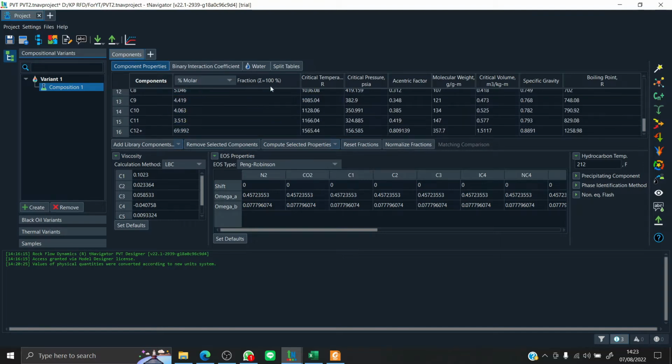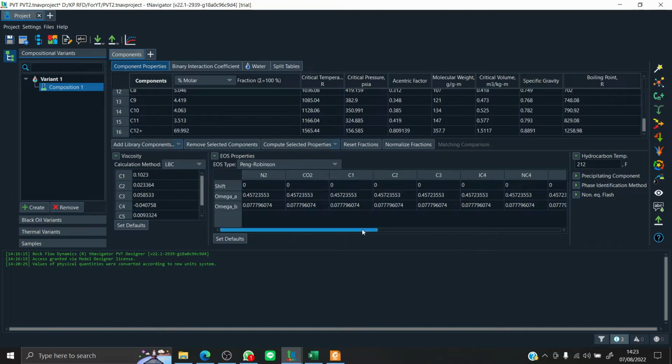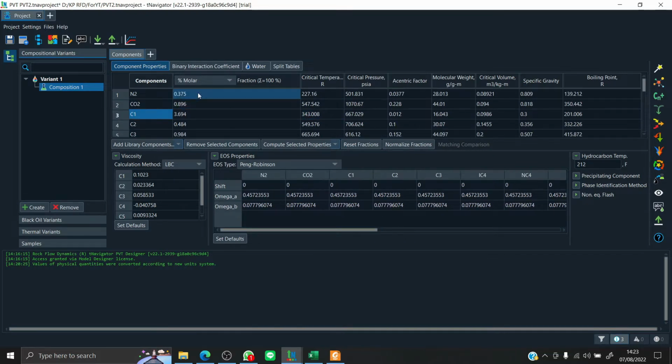As you can see here, the molar percent adds up to 100, so it's already correct. If they don't add up to 100, you can click normalize fractions right here. Okay, so I think that's it, how to input the components.